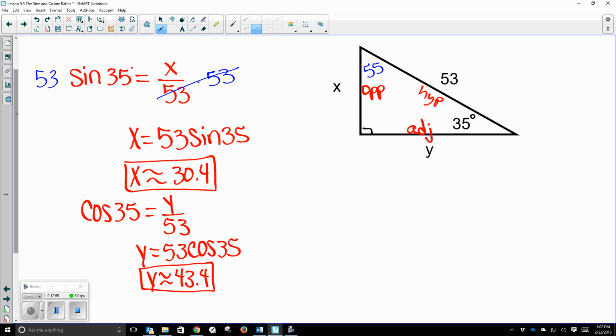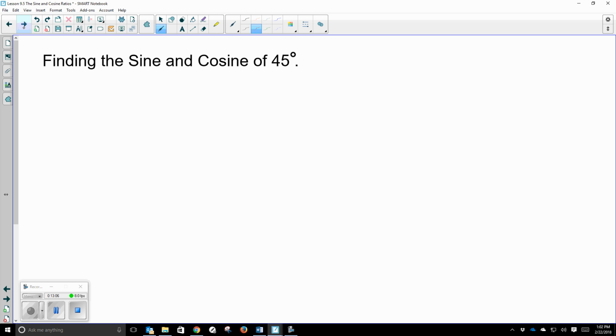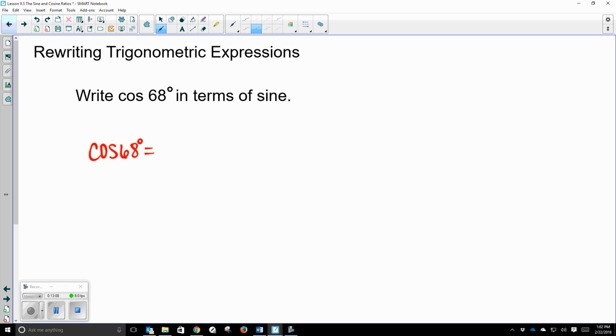If I wanted to write sine in terms of cosine, all I had to do was change my angle measure. And what did I change it by? So all you have to do is say that cosine of 68 degrees is equal to sine of 90 minus 68, which is